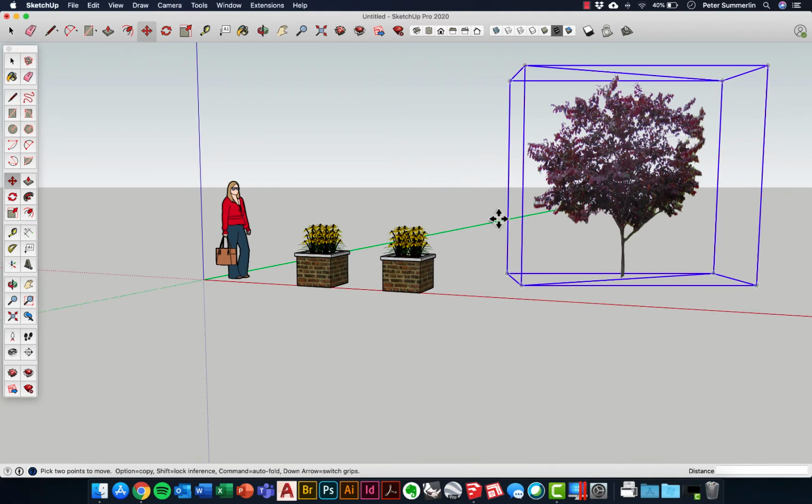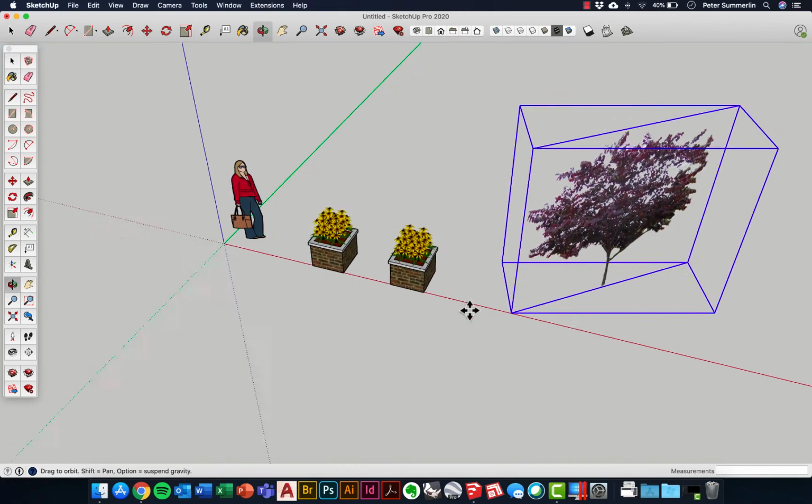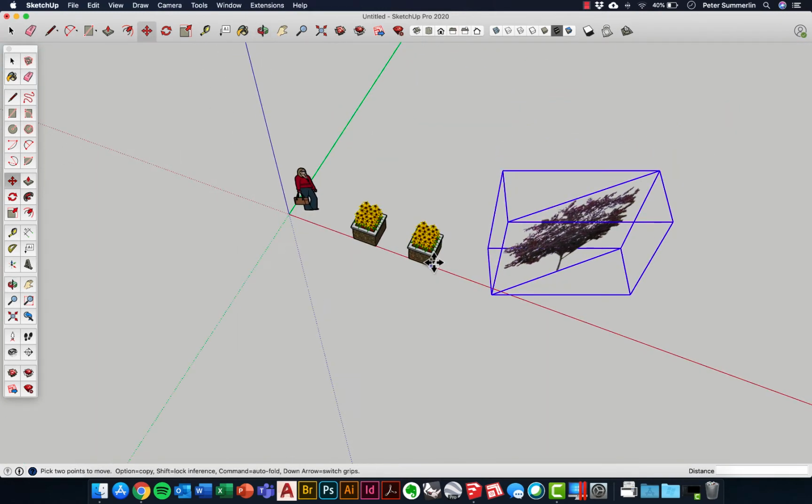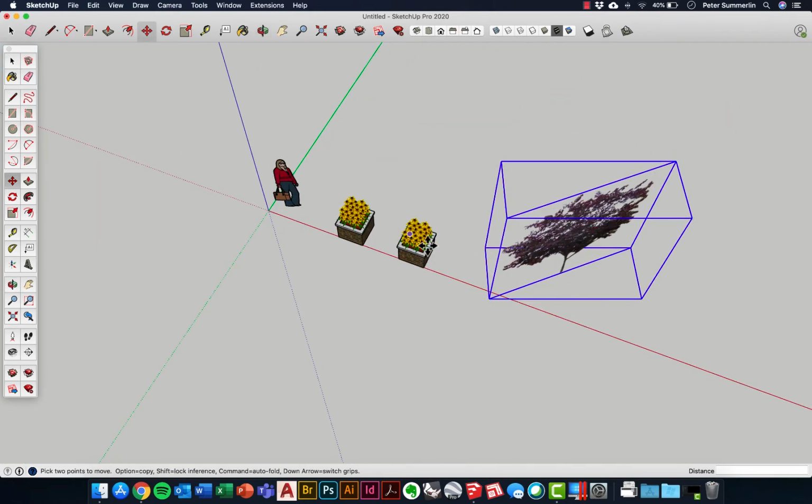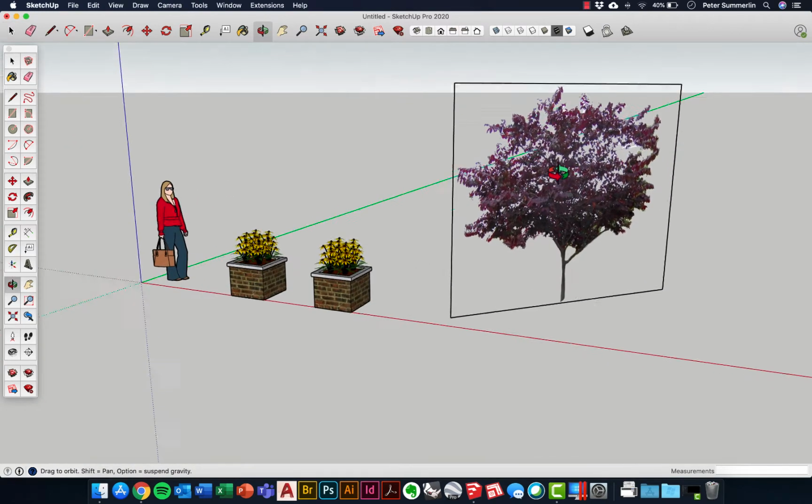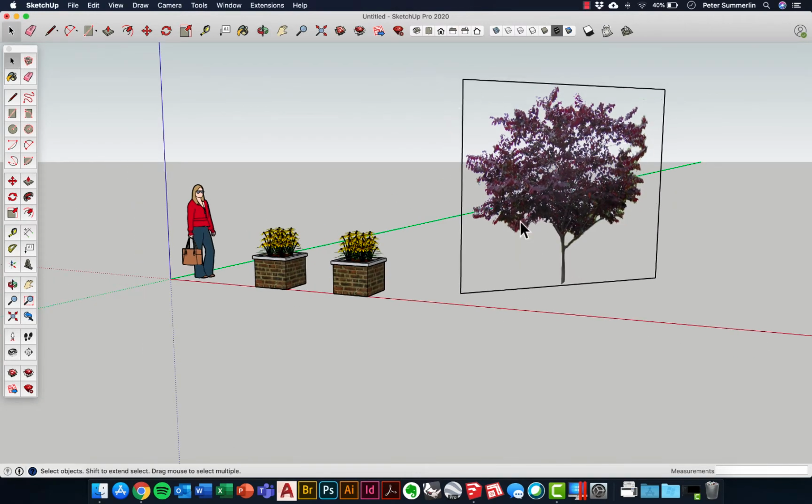This can be a really helpful tool for first-person perspectives, but it starts to erode away when you do aerial perspectives like this. You can see the Black Eyed Susans look a lot more full, and we can definitely tell that this is just a flat plane of a tree right here. You also might find that there's some objects that have this outline around them when you bring them in from 3D Warehouse,